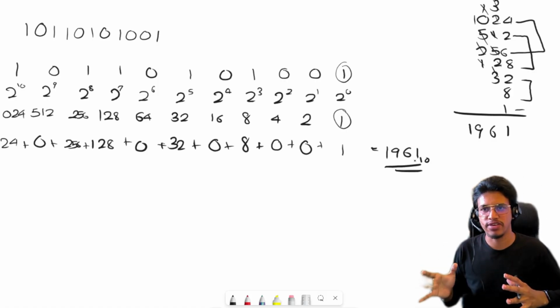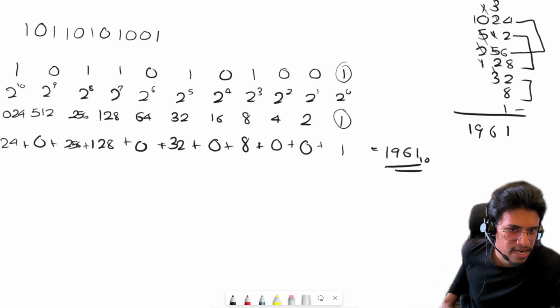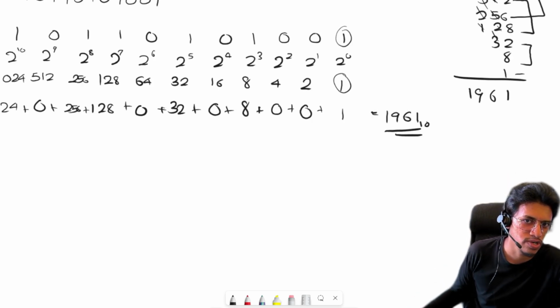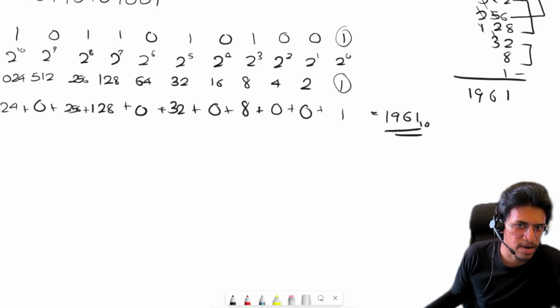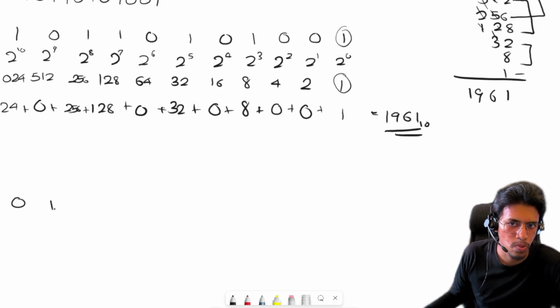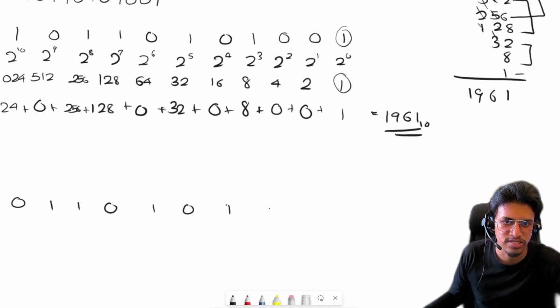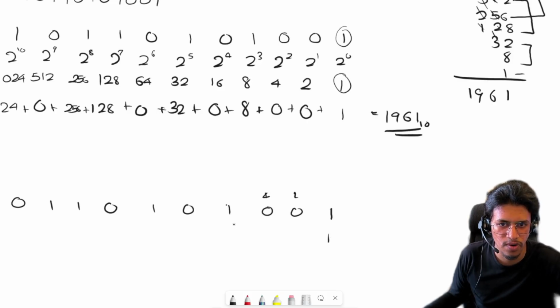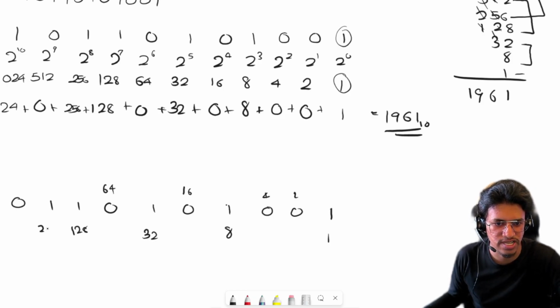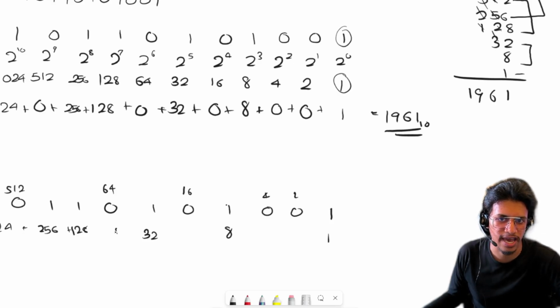That is the first method that I showed you. Now let's look at the other method that I showed you. Again, write it apart. 1 0 1 1 0 1 0 1 0 0 1, right? So 1 2 4 8 16 32 64 128 256 512 and 1024. Right, now we add them together